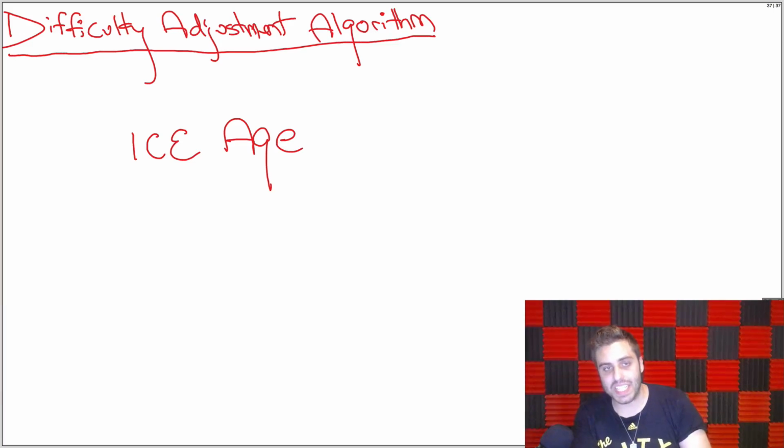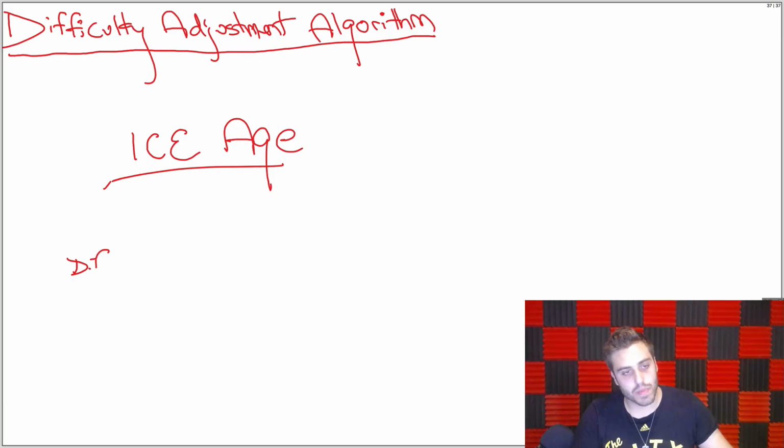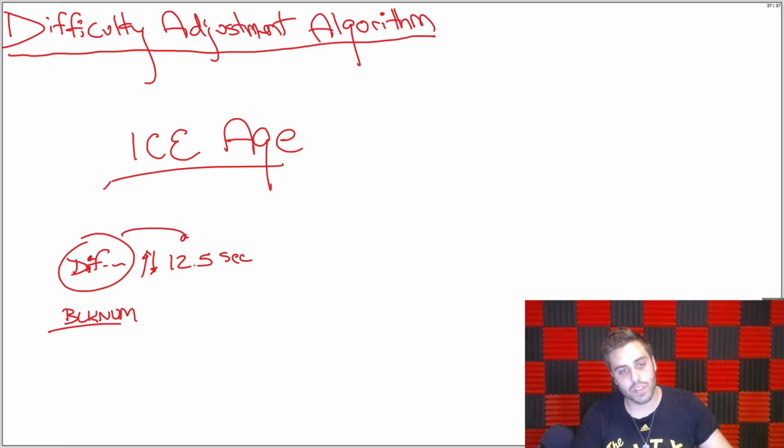Byzantium is also going to be delaying the Ice Age. So what is the Ice Age? We said before that the difficulty adjustment algorithm is going to adjust up or down the difficulty to target a block time of 12.5 seconds. Well, there's something that's hard-coded into the clients themselves called the Ice Age, or the difficulty bomb, which says that after a certain block number, the difficulty adjustment algorithms will not adjust for 12.5 seconds, but will start adjusting for higher and higher block times, so 14-second blocks, and then 18-second blocks, and then 25-second blocks, and then 30, et cetera, et cetera.